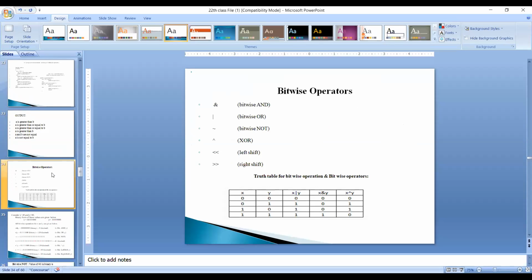Next one is bitwise operators. Bitwise operators are very important. I think AND, OR, XOR, three are completed. So once again you see,